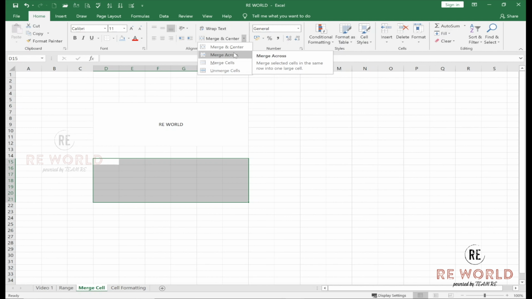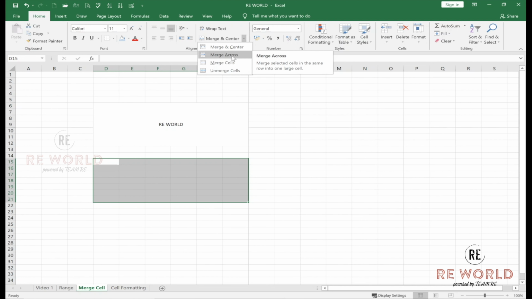This is very useful when you will be preparing different sorts of templates and formats. It will be very useful during that time. So when we read the real applications of all these in real scenarios in the coming videos, then you will really learn how these features are useful.